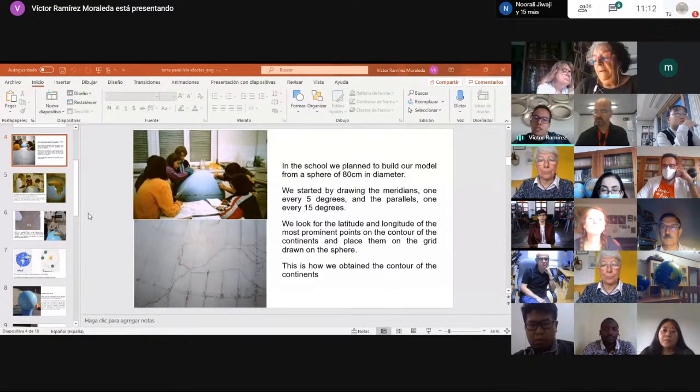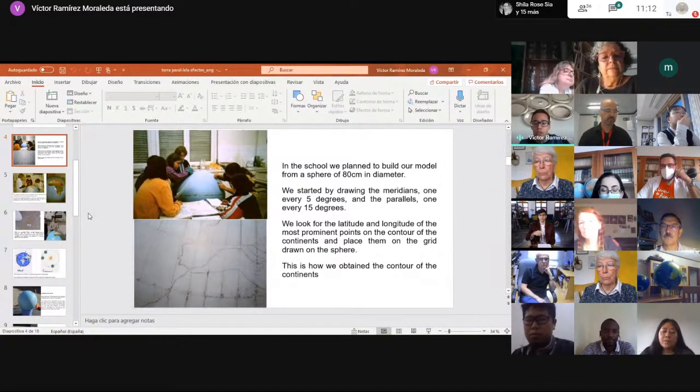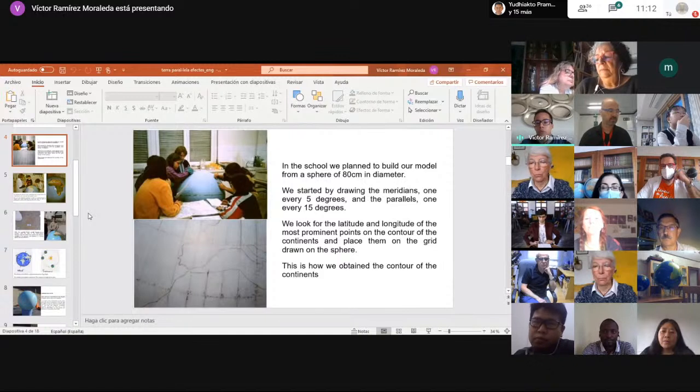At first we had clear that the ideas of latitude and longitude were essential in order to understand this